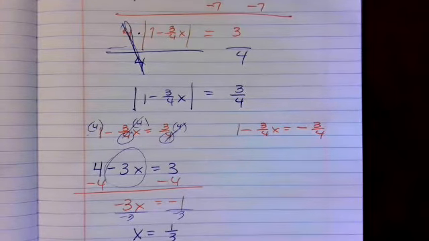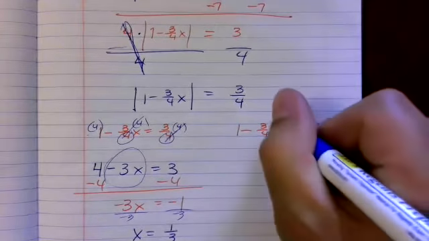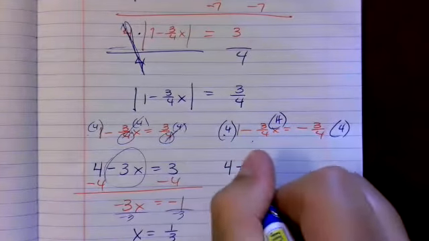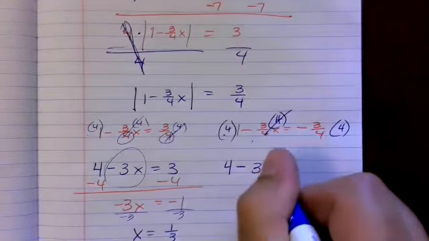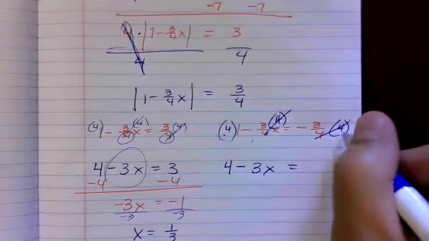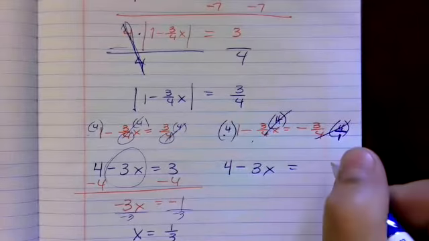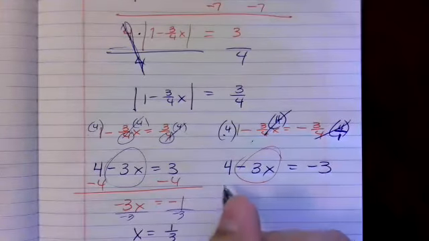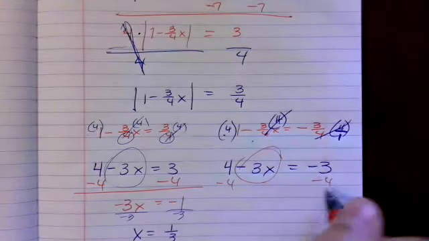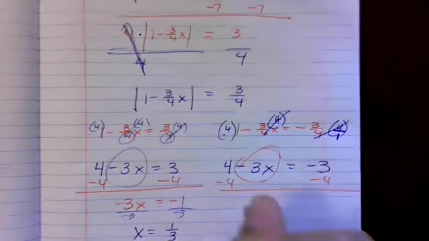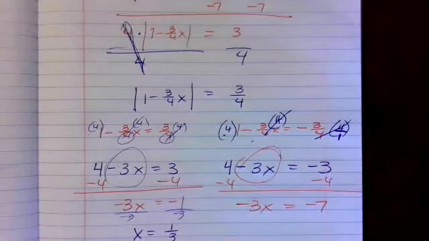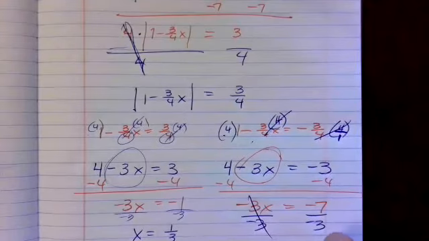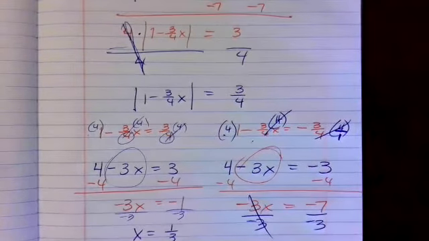I have fractions. In order to get rid of the fractions, I'm going to multiply everything by 4. 4 times 1 is 4. My 4's cancel out there, so I have 3x. My 4's cancel out there, because this is like 4 over 1. It's up high. It's negative 3. I want to get this term by itself, so I'm going to subtract 4 from both sides. I have negative 3x is equal to negative 7. I divide by negative 3. I get x is equal to a positive 7/3,